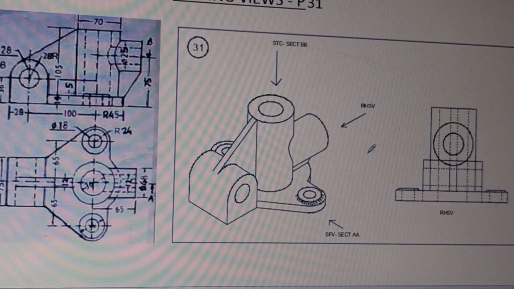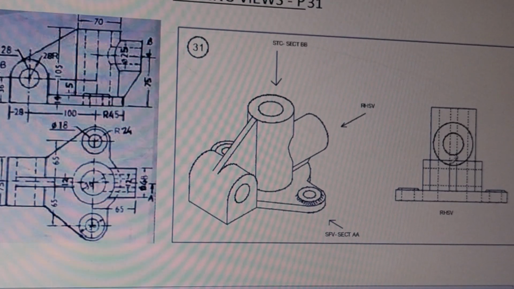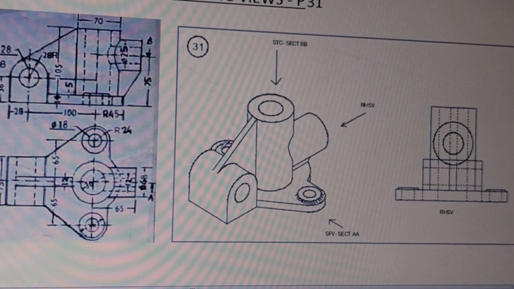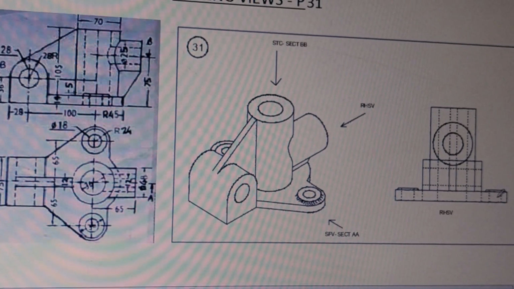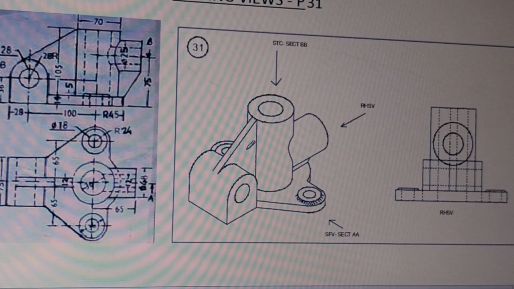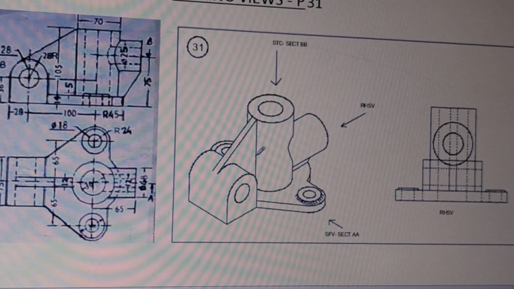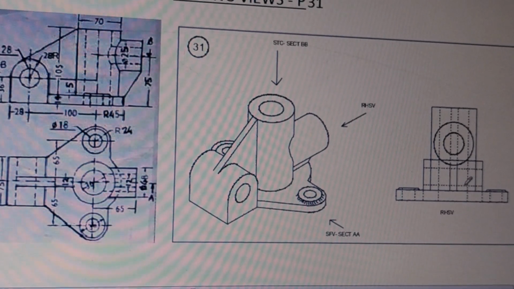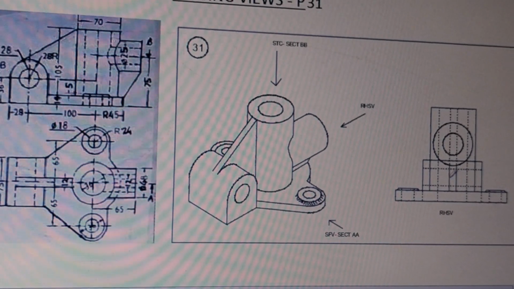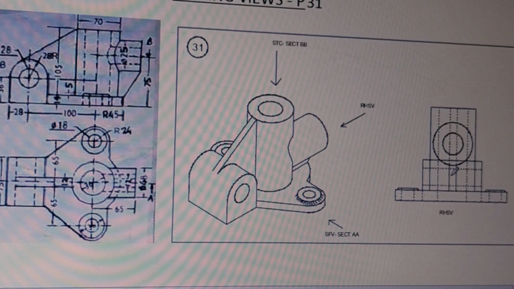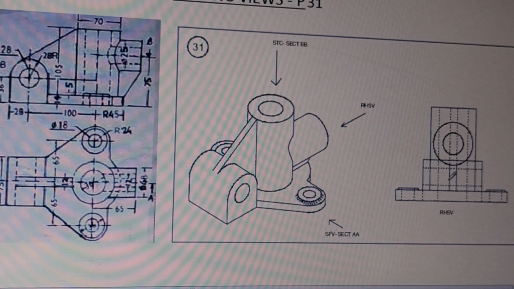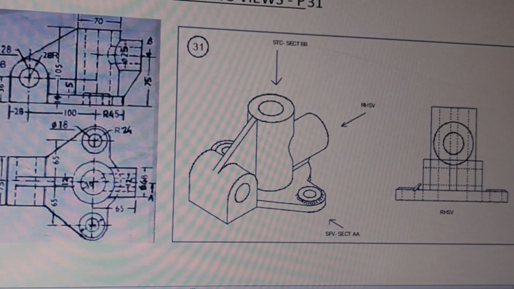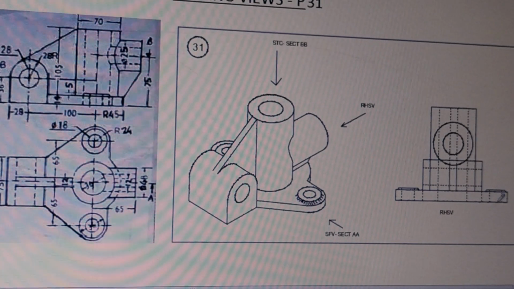Now this rib, when you look in this direction, this rib is seen, therefore these two lines are seen. Even this raised surface and this raised surface are also seen, so that is shown here and here. Now the width of this rib and the width of this rib are the same, so this rib is continuous down, but because it is covered by this rib and this rib is seen, the continuous lines overlap the dotted lines, so we have not drawn the dotted lines for this rib over here. Now when you draw, you have to draw the center lines, everything, which I have not drawn here, but when you draw the section, the center lines also.